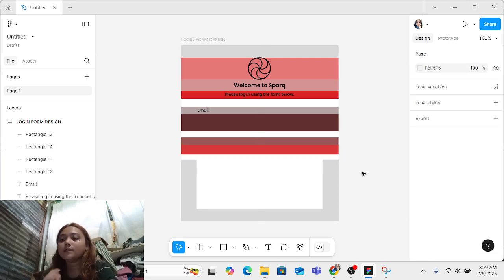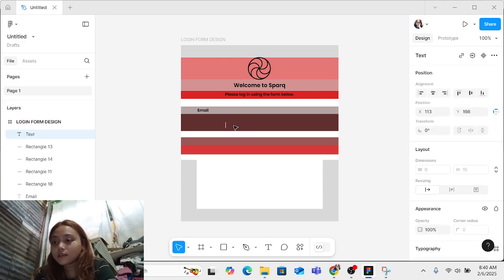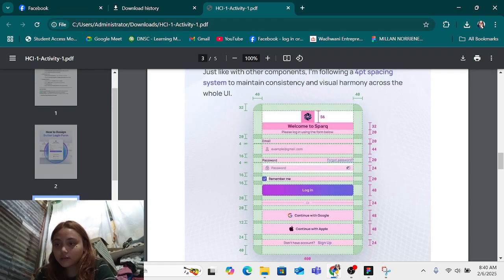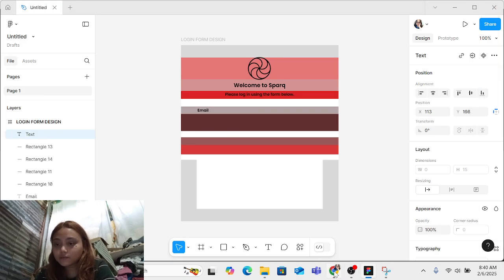Then since we already did that, let's stop and add the text or the icons we want to add. So next let's add the example sample@gmail.com. So let's put it right there.